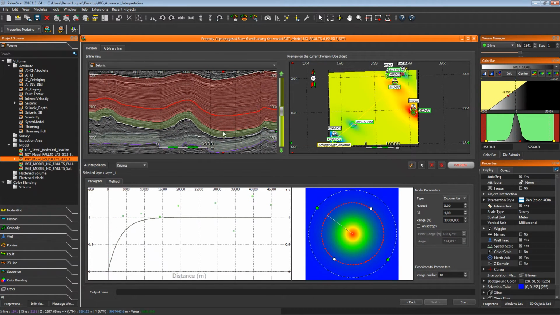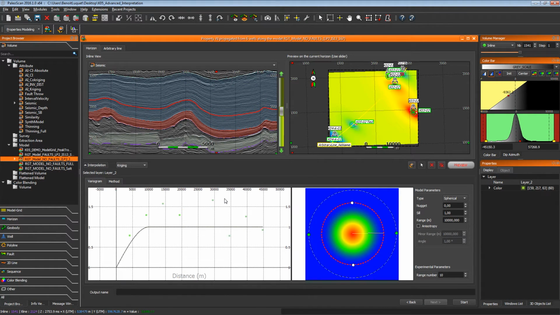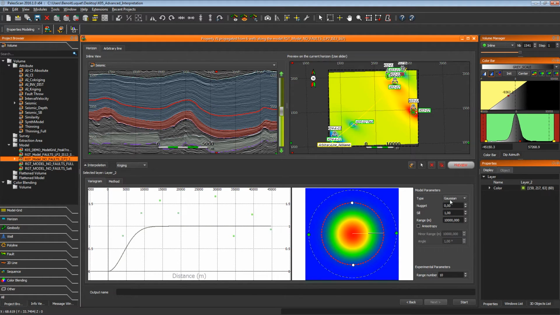Finally, we can change the layer we are studying and define new parameters for different layers. And the result will be adapted in this layer, only in this layer, to get different results.